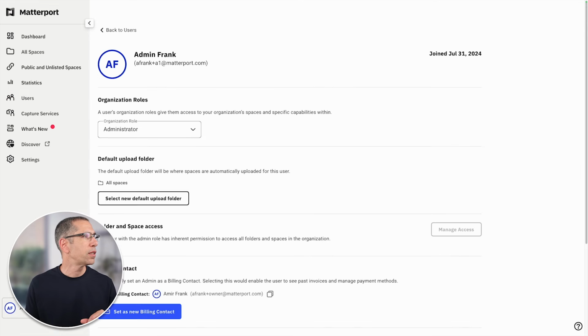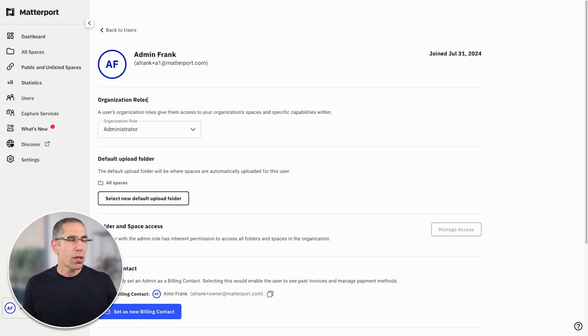Now let's go ahead and check out what it looks like when I go into one of these pages. If I go into my administrator, you can see it says administrator right here at the top, and I can change that to collaborator. So whether I've invited them as an administrator or a collaborator, I can change that at any time. Below organization roles, you have default upload folder, and this is something that's actually very, very important,